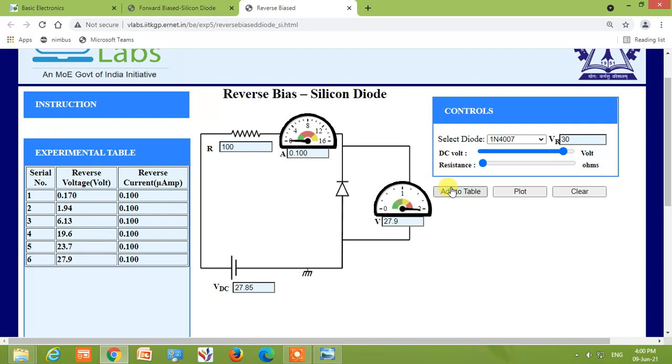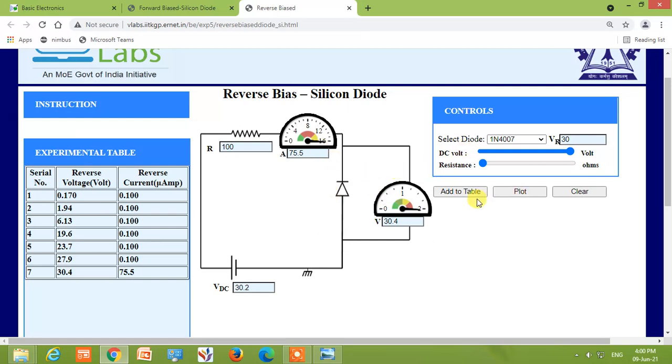Add to table, 27.9. And once I have increased the value of voltage more than 30 volts, large reverse current will flow, and this leads to a breakdown of the junction of this diode.